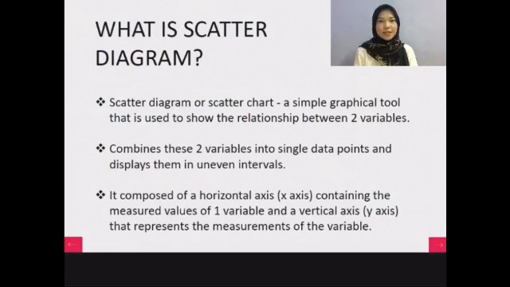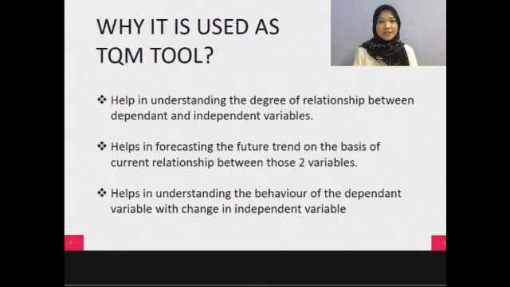A scatter diagram combines these two variables into a single data point and displays them in uneven intervals. It is composed of a horizontal axis containing the measured value of one variable and a vertical axis that represents the measurement of the other variable. Next, I am going to explain the reason why the scatter diagram is used as a TQM